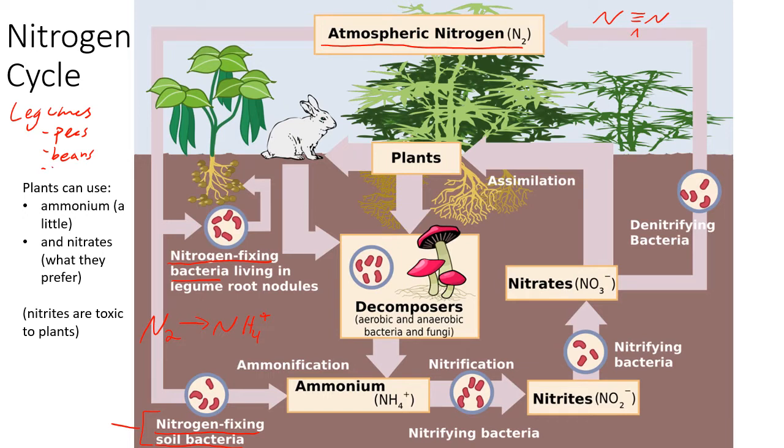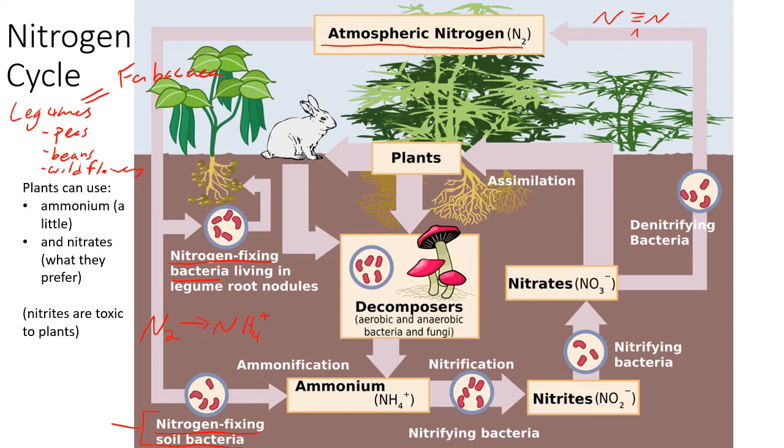They also include a lot of wildflowers and shrubs and even trees. Legumes are family Fabaceae, which is not one of your vocab words. It's the pea and bean family, and is one of the largest plant families in the world. And they are extremely successful because they have these nitrogen-fixing bacteria living in